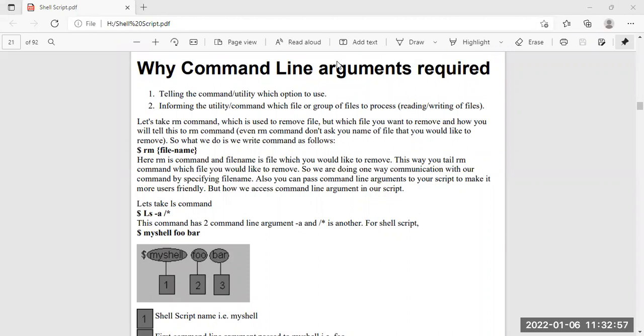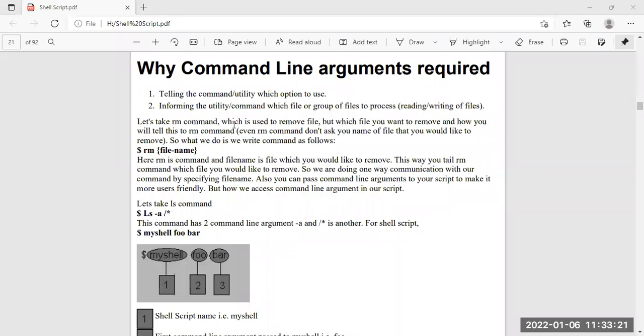Okay, again we are back with the classes of Linux. So today I'm going to discuss the topic from the PDF as my head is not very good. That's why I'm going to talk from the PDF, right? For today's class only. The normal mode will be from the next classes, right?